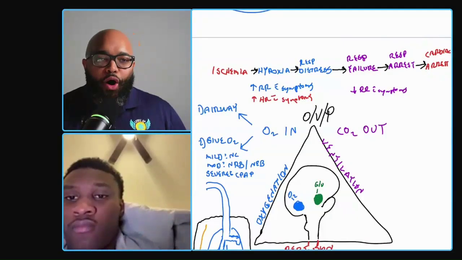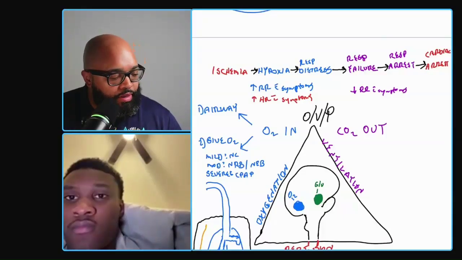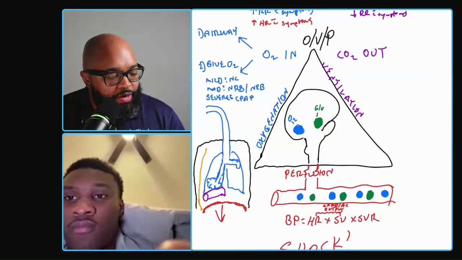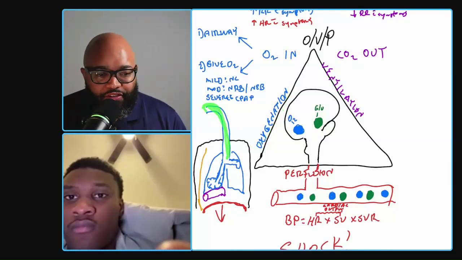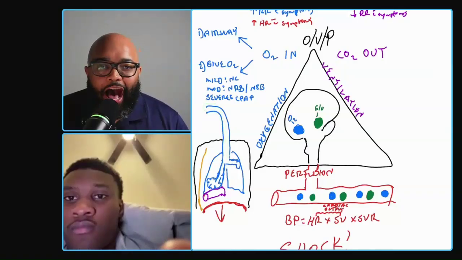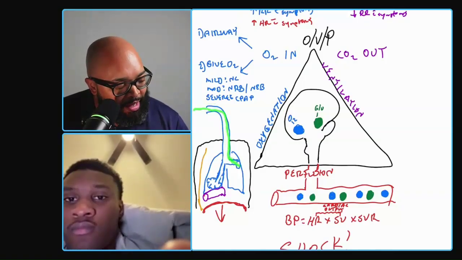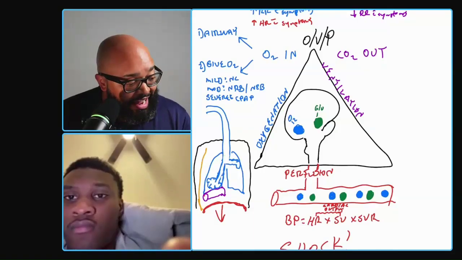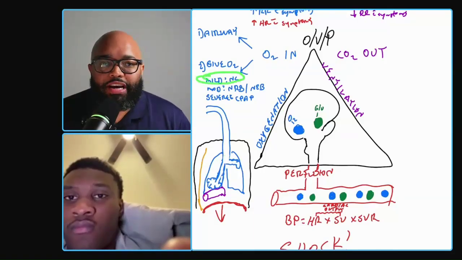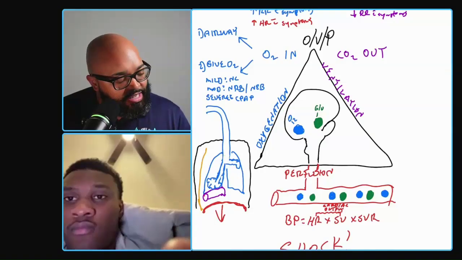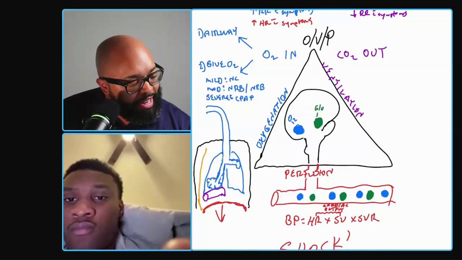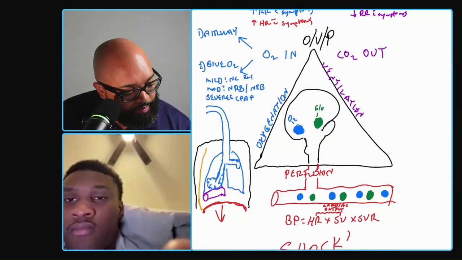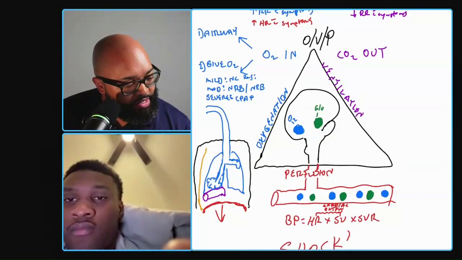Now, let's talk about how all this happens. Let me back up. The way we're going to fix an oxygenation problem is either we do something with the airway itself or we add oxygen so more oxygen can come in. And the way we add oxygen is through some kind of oxygen delivery device. If they're in mild distress, we're going to use a nasal cannula. Jalen, what's our flow rate for a regular nasal cannula? 1 to 6. 1 to 6 liters per minute.